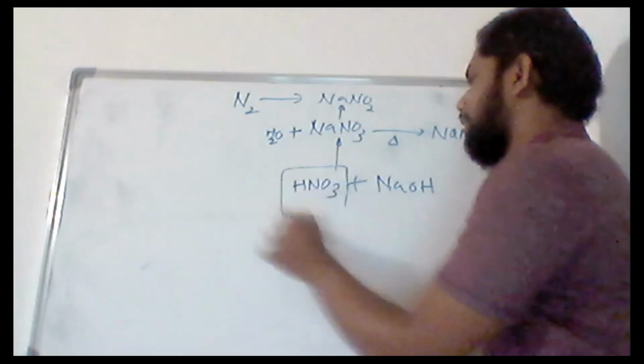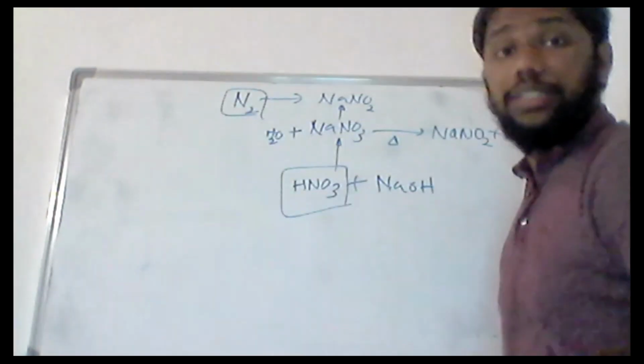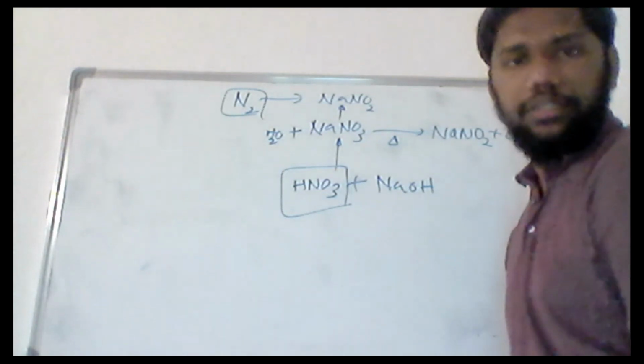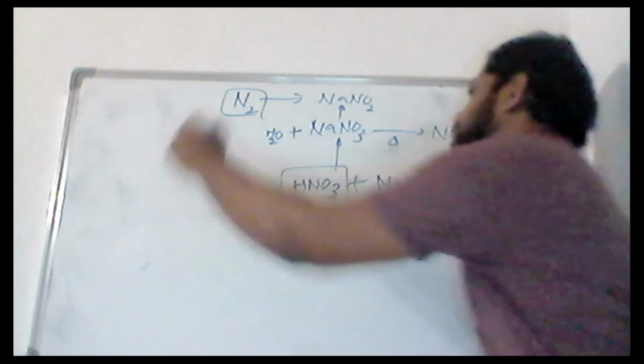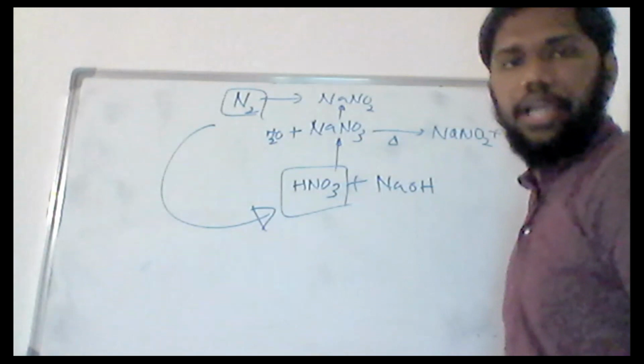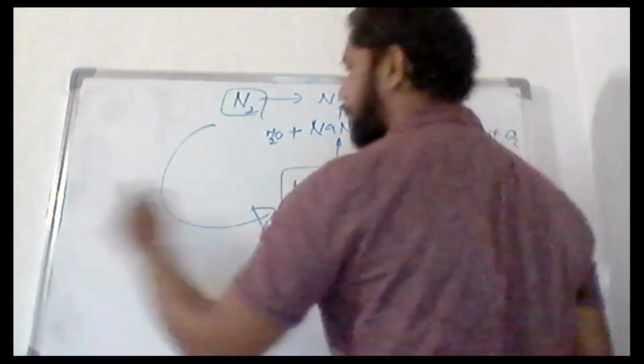So the only necessary thing is you need to form HNO3 from N2. This is the process of forming HNO3. So you have to just mention the process of forming HNO3 from N2. Okay. So the first thing that is normally going to happen here,